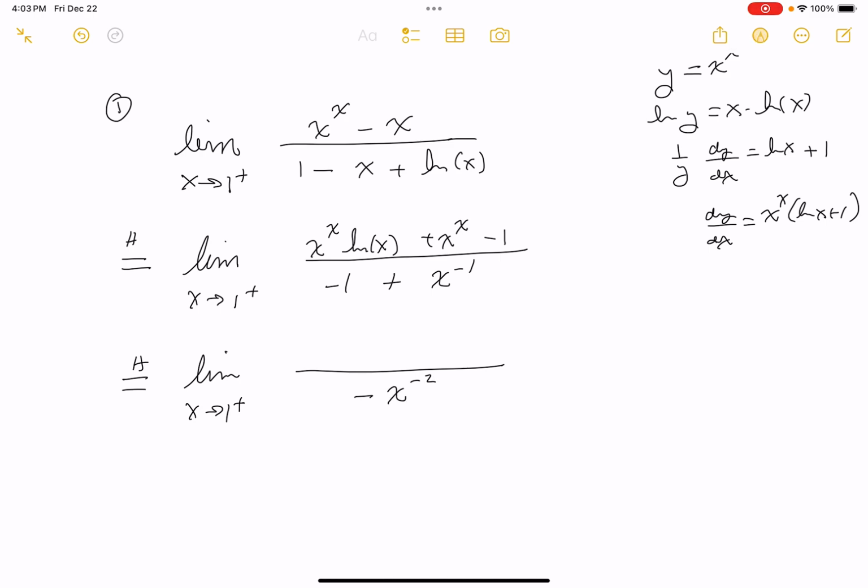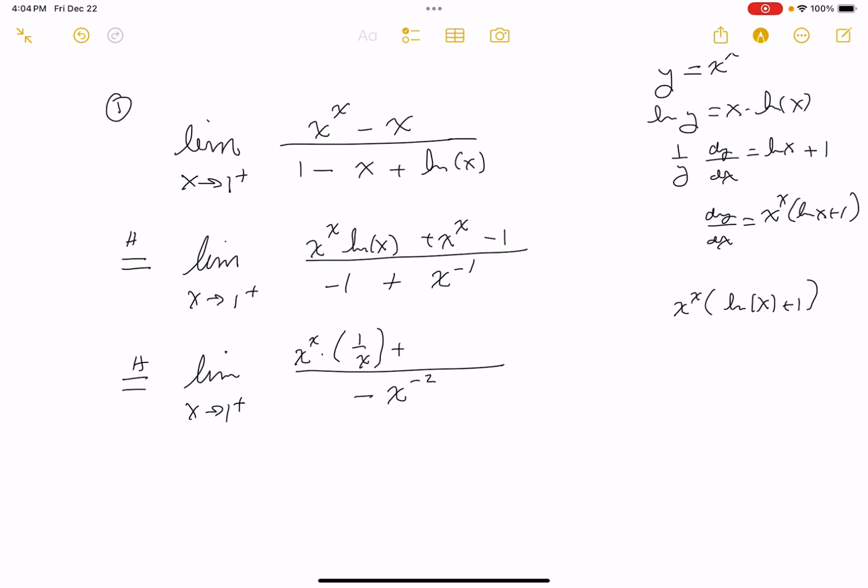Now it's more and more challenging for me. I'll get my eraser out. Actually, I'm not going to get the eraser. I'm just going to write this: the top, I want to take its derivative. It's x to the x times the natural log of x plus 1. I am going to rewrite that. It's still going to be a product rule, by the way. I'm going to say x to the x times the derivative of the next factor, which is ln x plus 1, which is 1 over x,